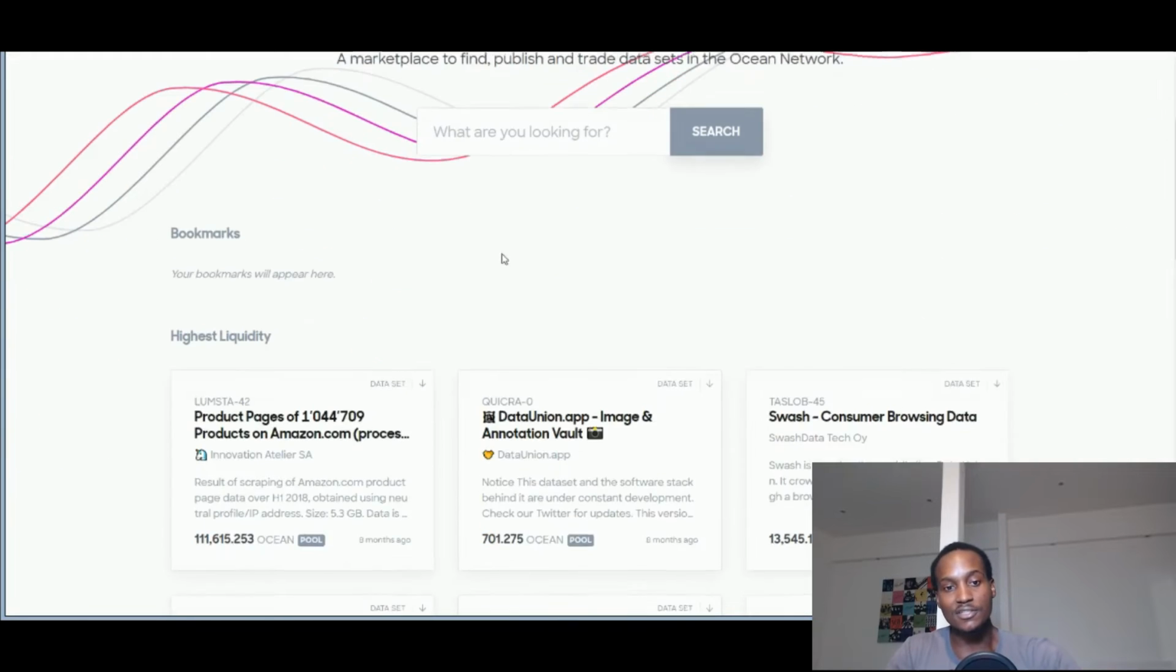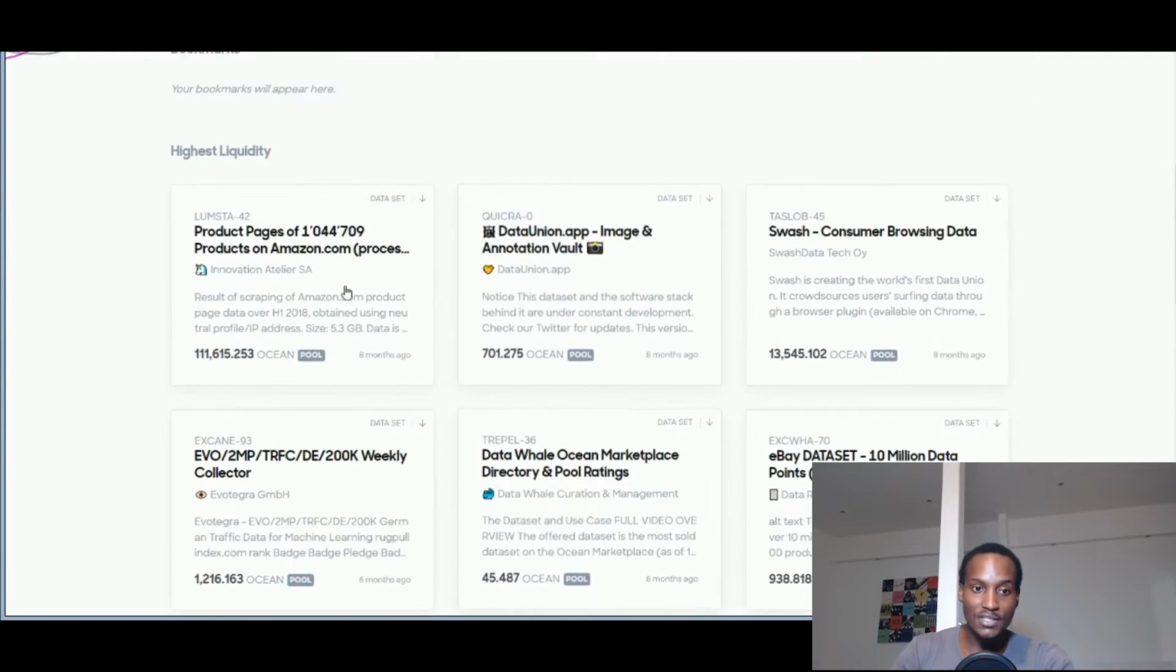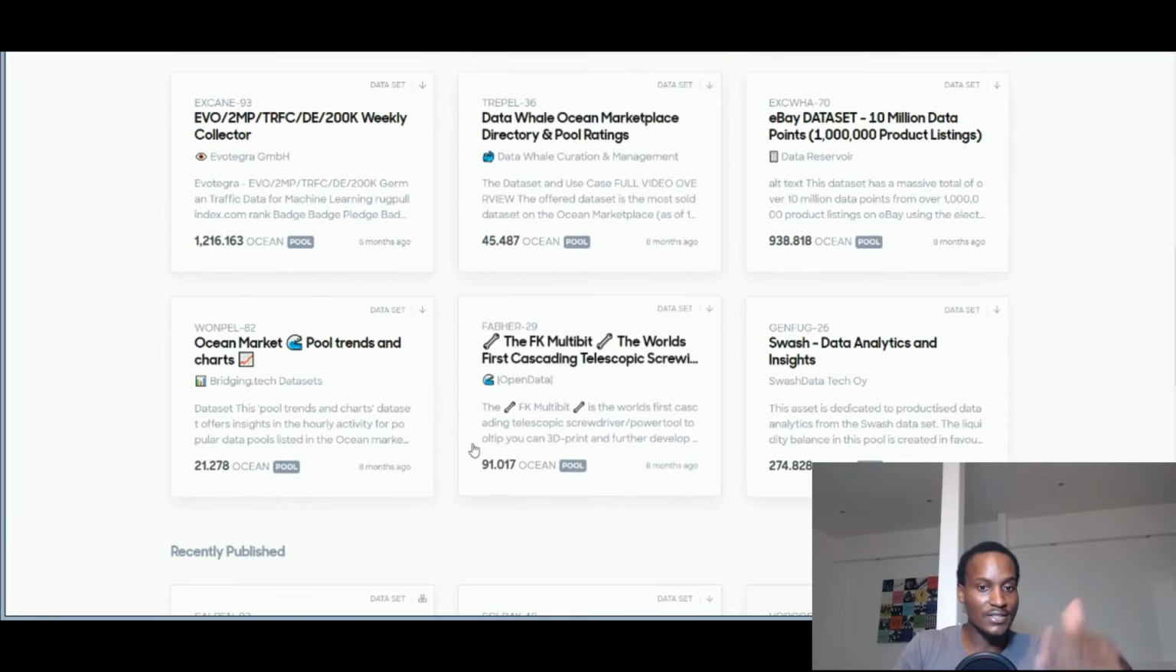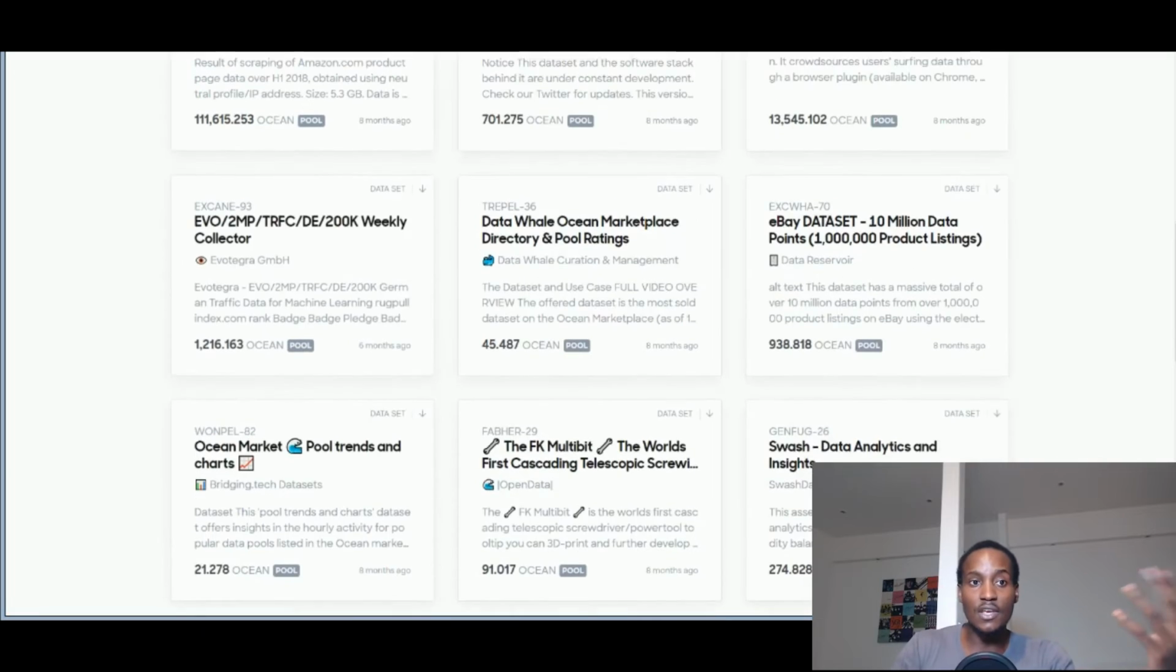When you go to the marketplace, this is what you see exactly. So some of this data is actually being sold at high prices. You can see, for example, these product pages from Amazon.com. I think you can buy this data and have access to these product pages and use them for whatever you want. Maybe you have an online shop or whatever. I don't know. Depends on what you want. So there's different data that's being published here. Some of it is curated, and then they go on to